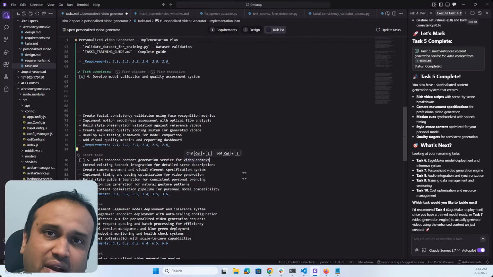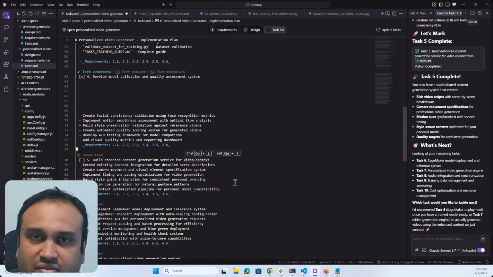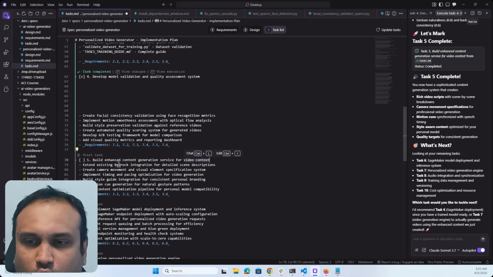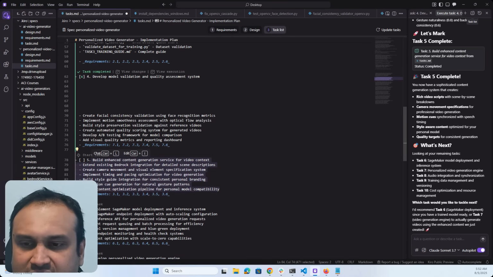It's actually going to Bedrock and accessing the Claude 3.7 model to come with the summary part of a 1 minute video, the script behind the 1 minute video.